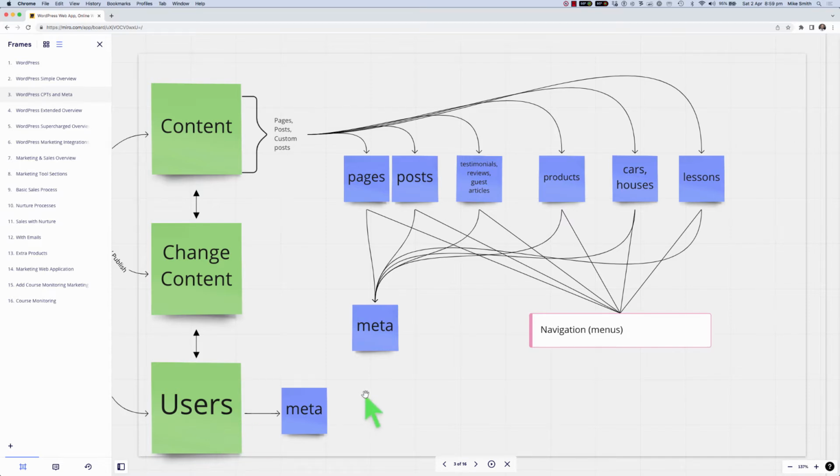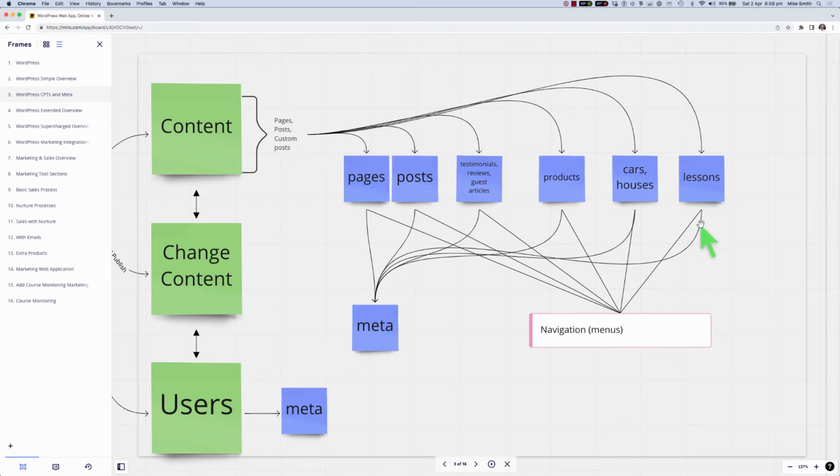So for example, with guest articles, we want guest writers, and they will need specific permissions, and their permissions to create guest articles is contained in what's called the user meta. When it comes to extending this further,